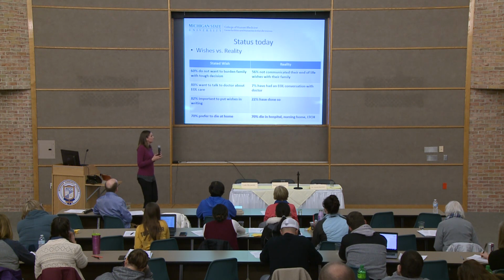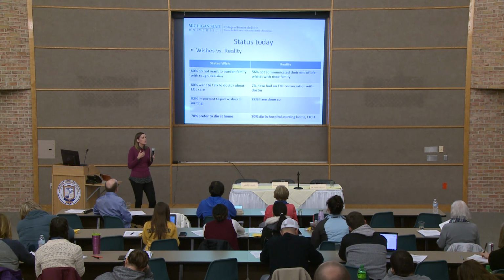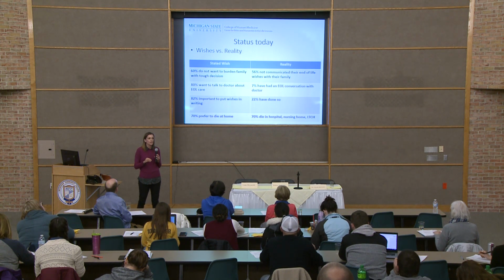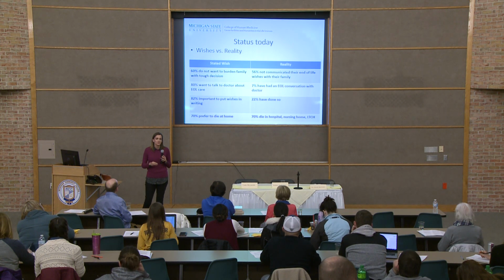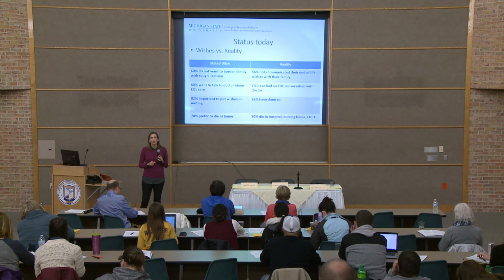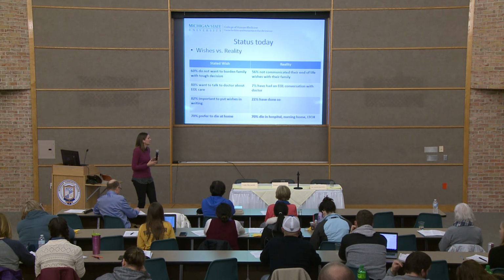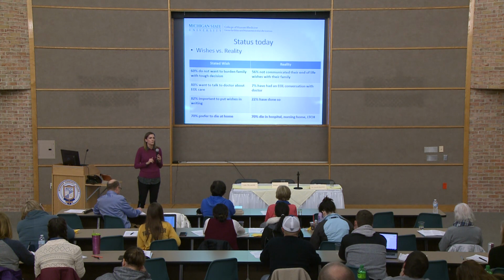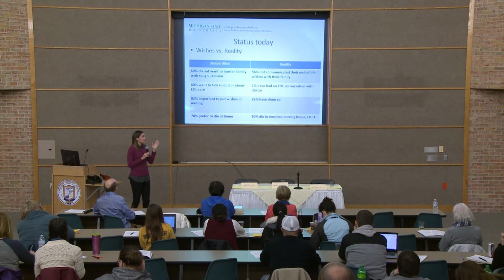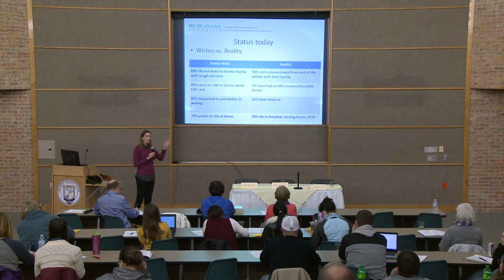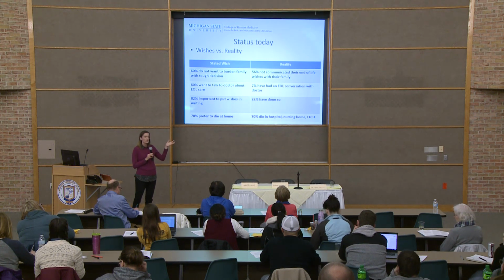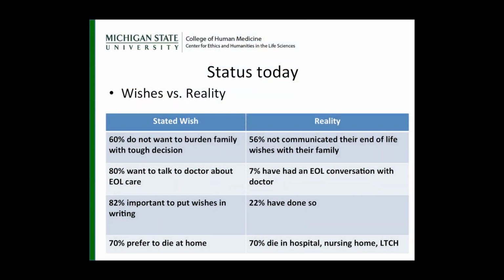Okay, so, but people realize that it's important, right? So something like 95% of people who are critically ill can't make their own decisions when they're in the hospital. 50% of nursing home residents can't make their own decisions. So lots of people need these documents to help. Somewhere between 20 and 30% of people will actually fill them out. So not a great percentage. But they don't seem to match up, so our inability or unwillingness to do this doesn't seem to match up with what we say we want. So 60% of people say they don't want to be a burden to their family making a tough decision about their medical care. 60%, that's a pretty high number.